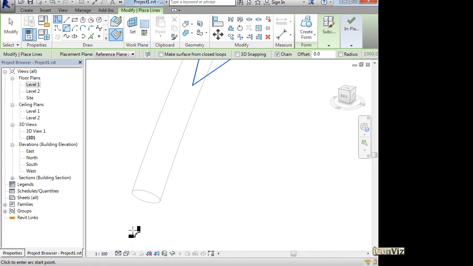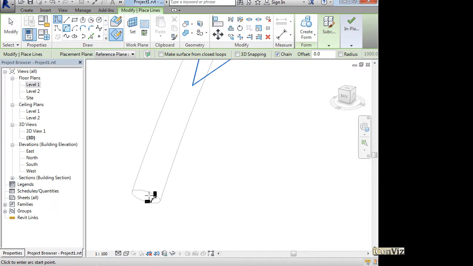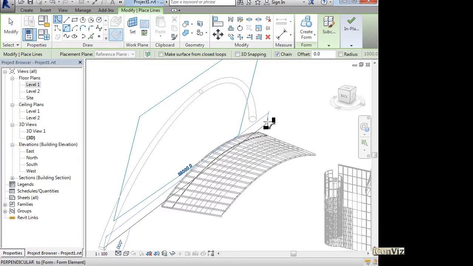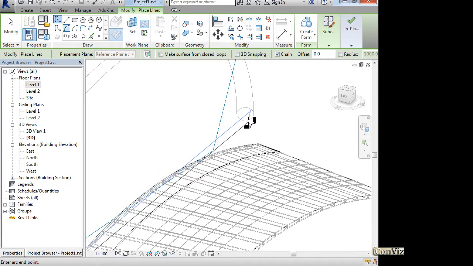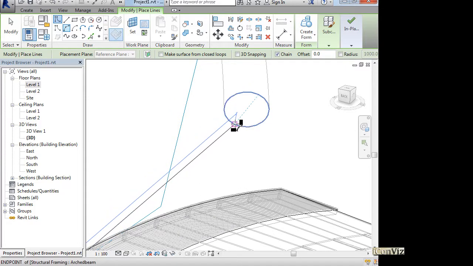When I change to wireframe, I can pick this midpoint of this circle. Can you do it? This point is a good snap, and then I go all the way to this here. Let's see if it's doing it. Somewhere over here,